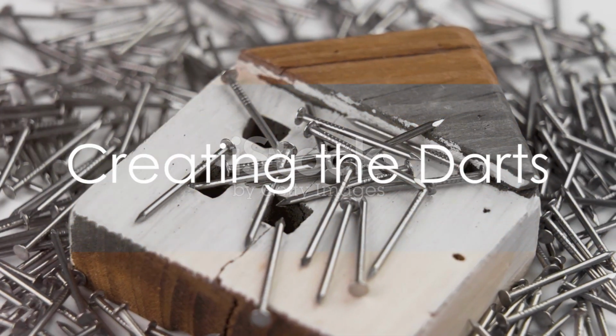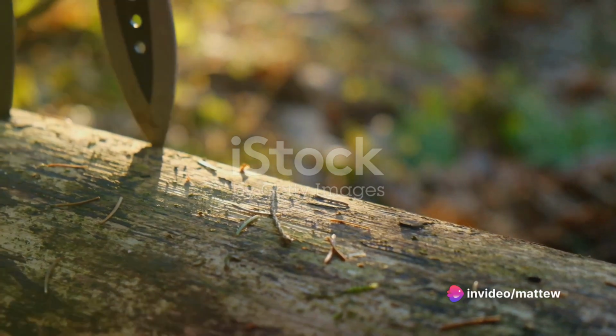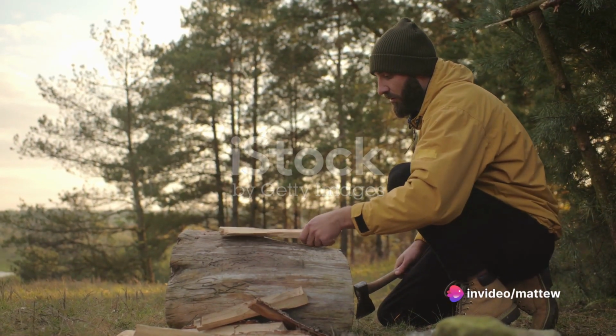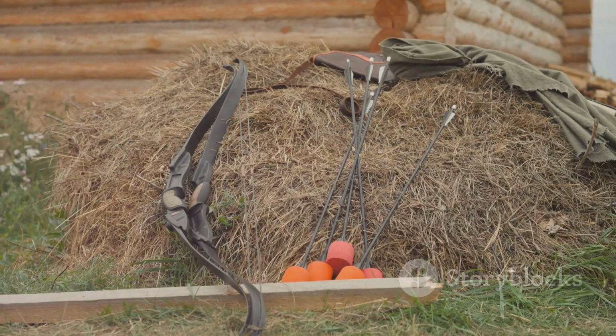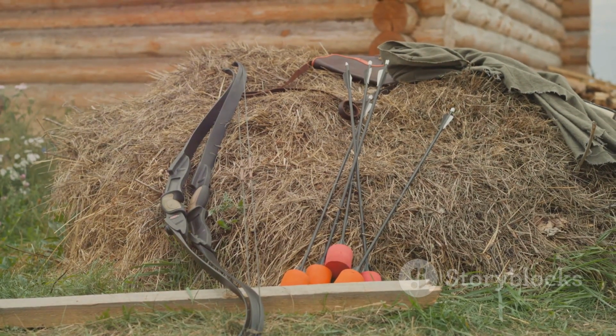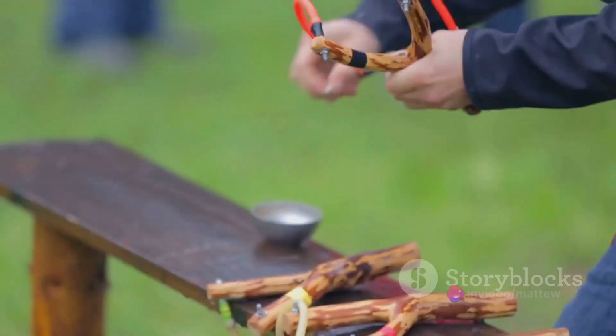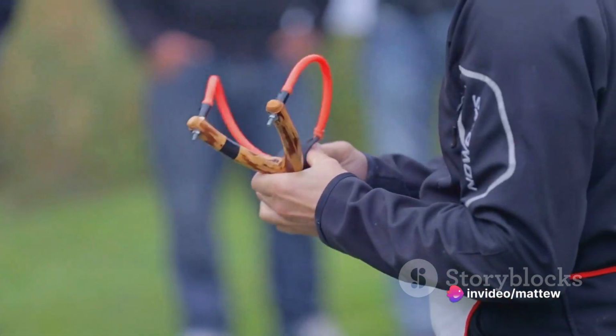Now let's discuss darts. In a natural environment, consider using thorns or hard-shelled seeds. You can also carve small darts from wood, but this requires a bit more skill and time. In an urban setting, look for nails, screws, or even broken pieces of plastic or metal that can be shaped into a point. Remember, the dart should fit snugly within your tube, but not so tight that it can't be